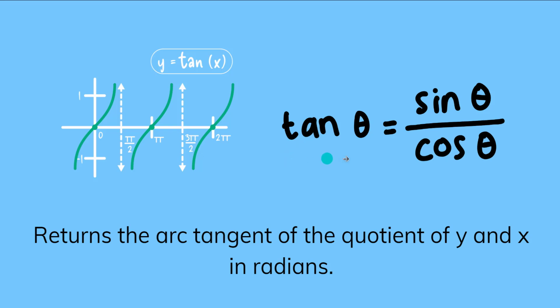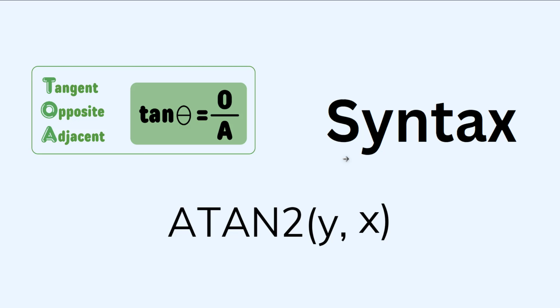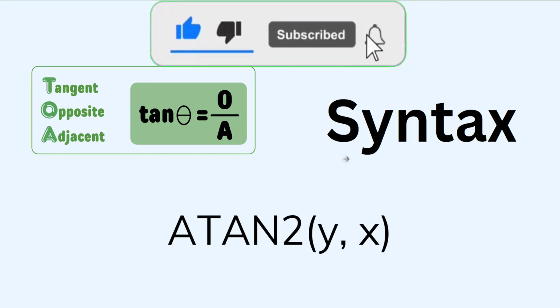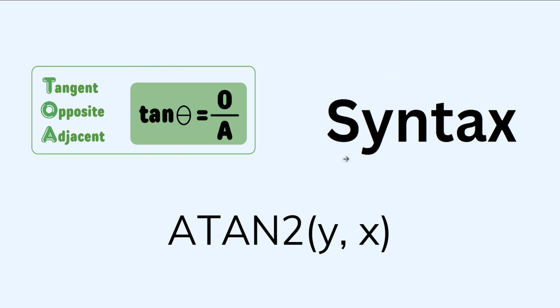So let's see its syntax and how it works. Here the syntax is given on your screen. We have the ATAN2 function with y and x as parameters. Now let's proceed and learn how we can use this ATAN2 function in Salesforce Lightning as well as the classic